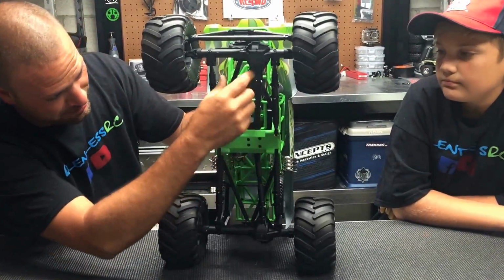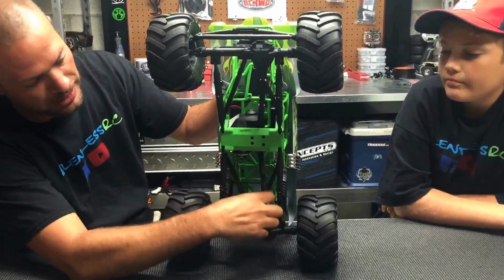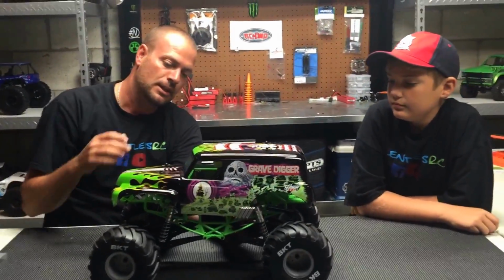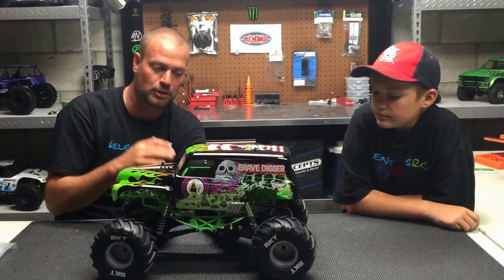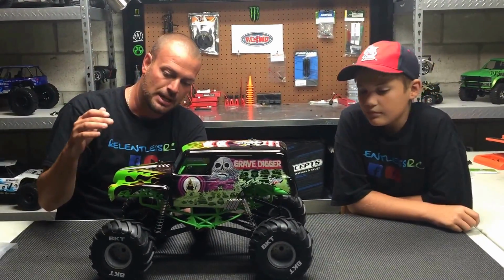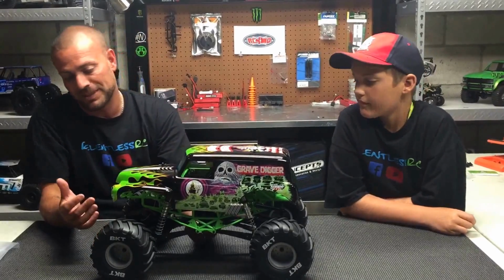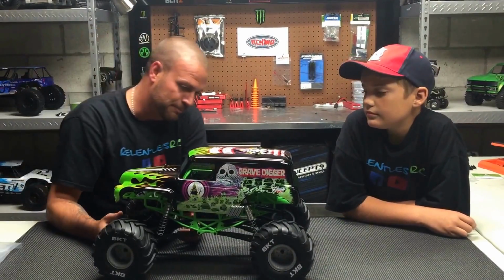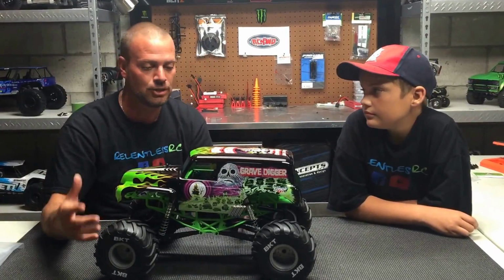It also looks like it has the links front and rear off the Yeti. So it basically looks like front and rear, you're getting Yeti links, so 4-link suspension, front and rear, the trailing arms. It looks like Yeti links, Wraith axles with a different diff cover, and then a whole new cage is